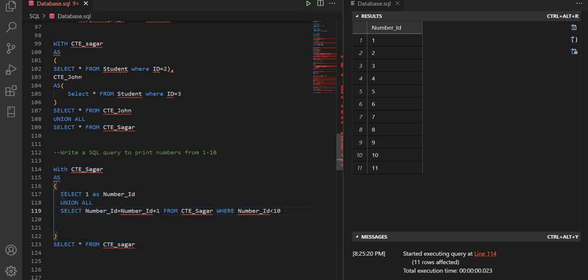See what is happening. First it will take select 1 as num ID. So the value of num ID is 1. Since we are using union all, it goes here, and since the value of num ID is 1, it becomes 2. Num ID is equal to 2, right? Num ID becomes 2, and it goes to this where clause and checks whether 2 is greater than, 2 is